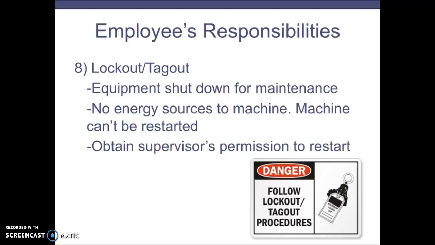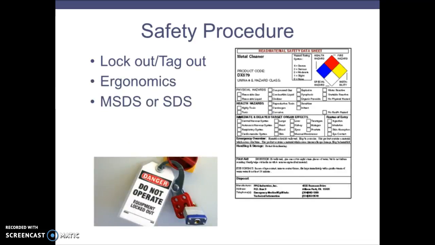Then there are lockout tagout experiences. This is where equipment is shut down for maintenance, no energy source is given to the machine, and the machine cannot be started. And you have to obtain the supervisor's permission to restart. That's in the process of equipment maintenance. But then also there's a lockout tagout procedure where if you don't have your hands in the right place, the equipment will not operate. This truly is because people have lost digits or limbs in the process of utilizing manufacturing equipment. So lockout tagout is a key critical piece that you need to be trained on so that you know that you have both hands on a piece of equipment and you make sure that all of your digits and extremities are protected.